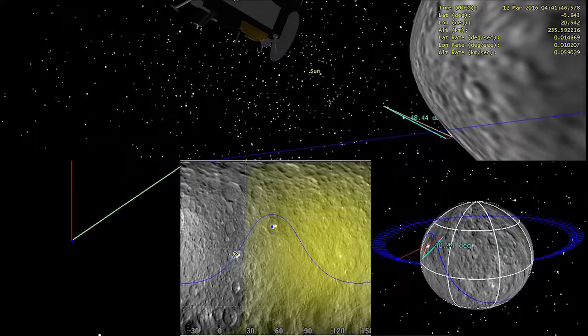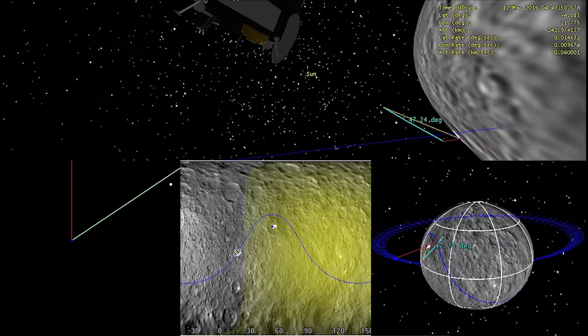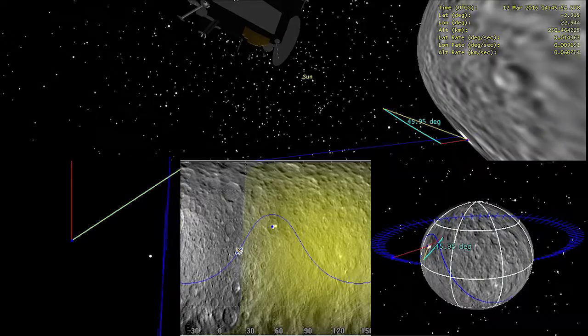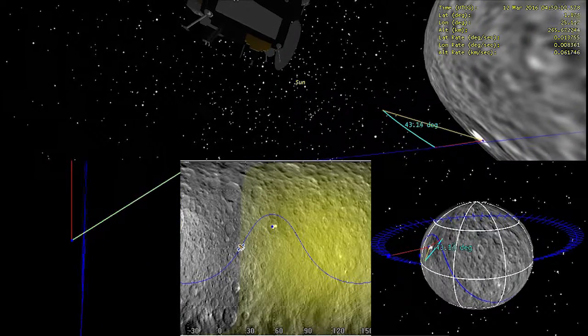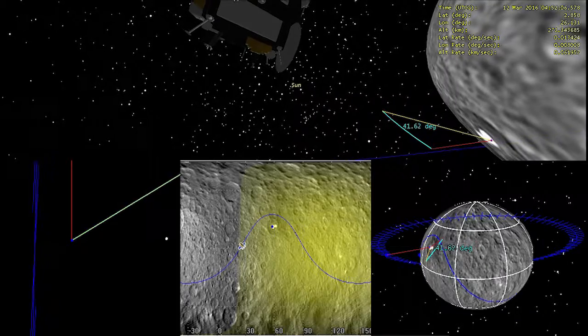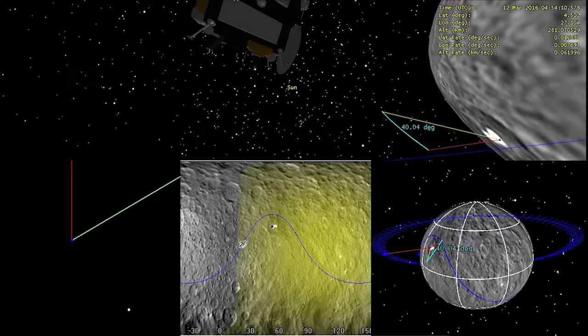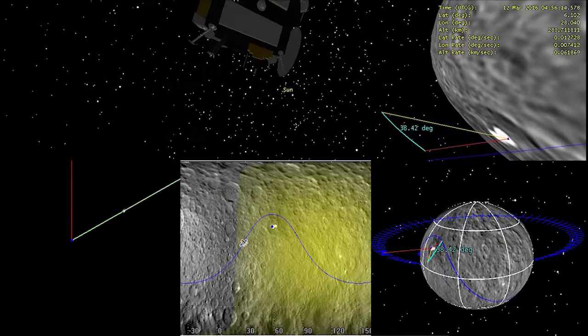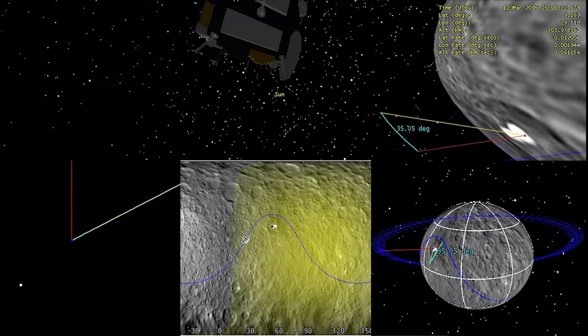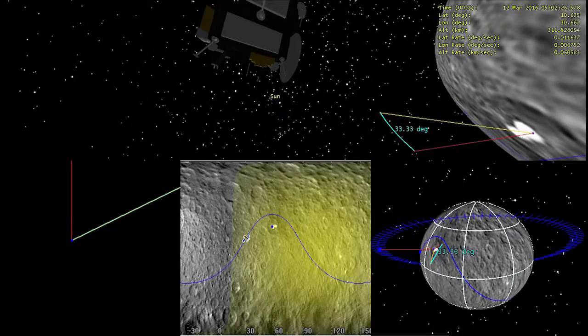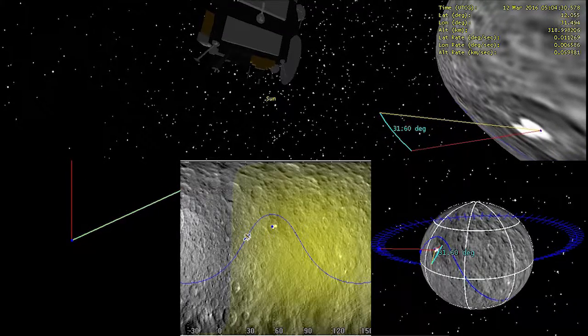This video demonstrates a simulated orbit of the Dawn spacecraft at the planet Ceres. The glint vector from the spacecraft to the bottom of recently discovered Occator Crater is shown, as well as the angle between that glint vector and the Sun. Now what's special about this is that the glint angle actually lines up with the Sun vector for about 15